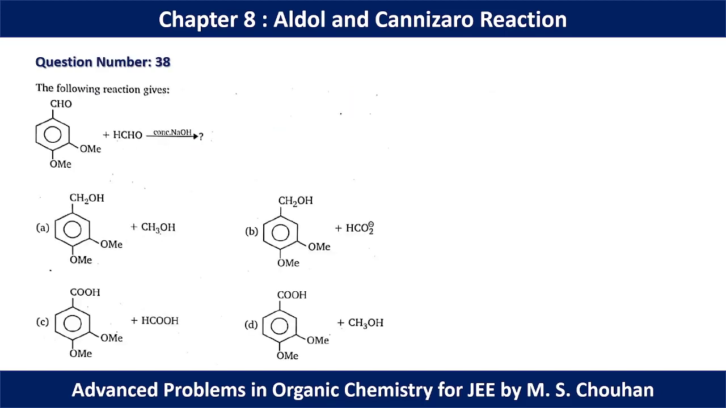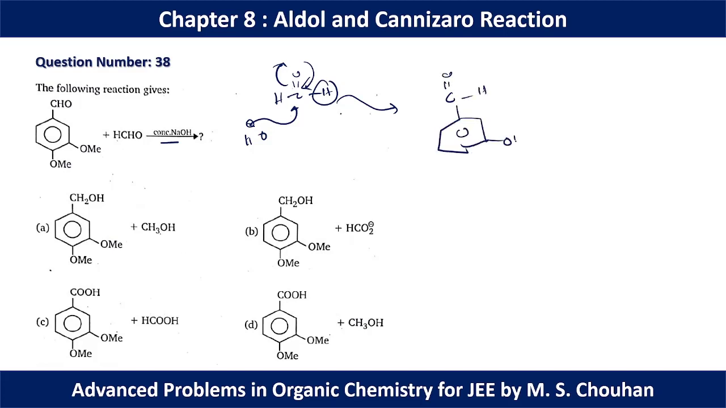In question number 38, we have an aldehyde position where there is no alpha hydrogen, and another aldehyde position where there is no alpha hydrogen. So concentrated NaOH is used. So this is a case of Cannizzaro reaction. In this case, the reaction mechanism will go like this. OH minus will approach this carbon. This will be dissociated. It will come down and this H will react with this aldehyde group,